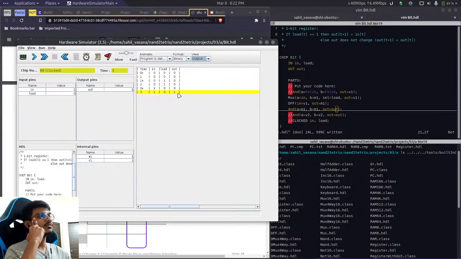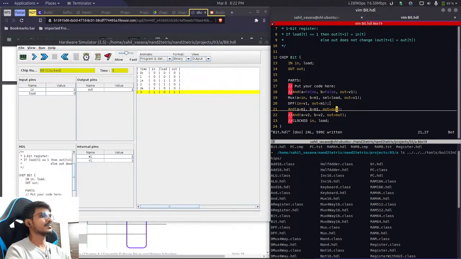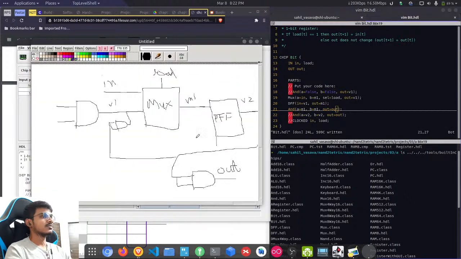So we are getting 1. So regardless of this load bit, we are getting the input as output. So there's something wrong inside this mux. Let me try to